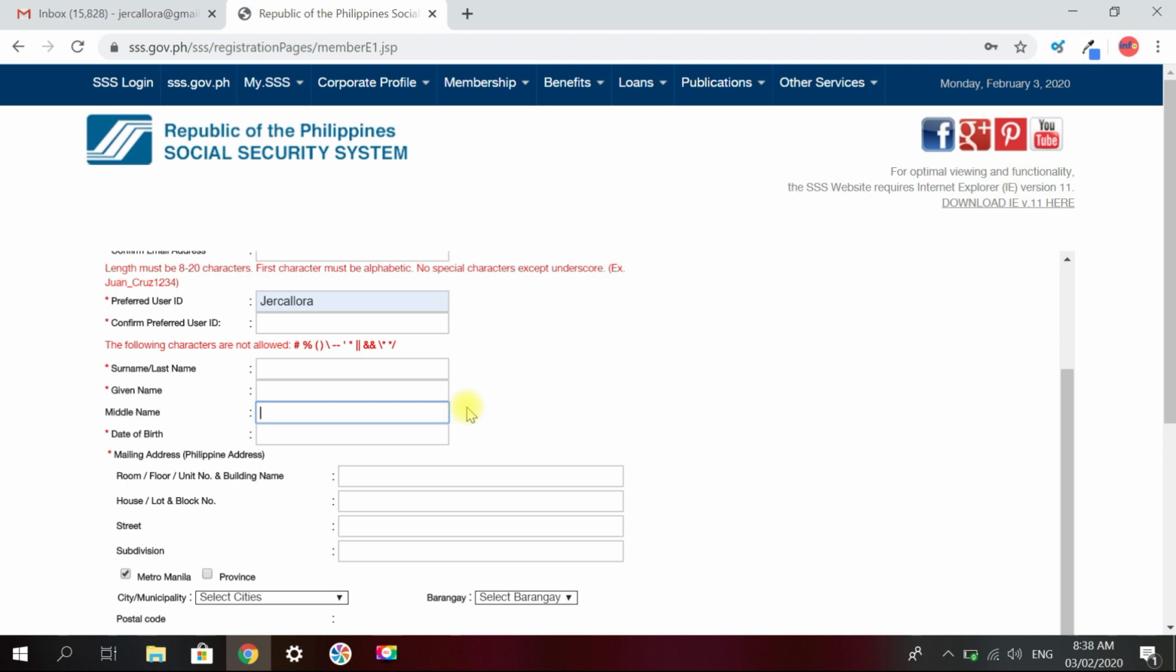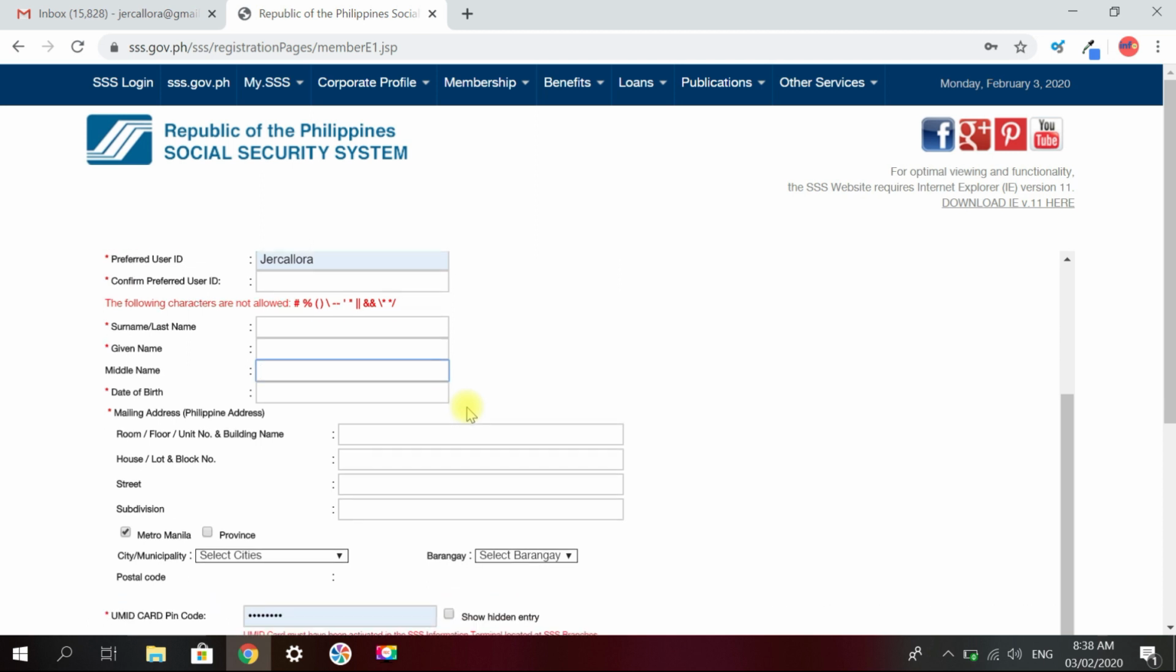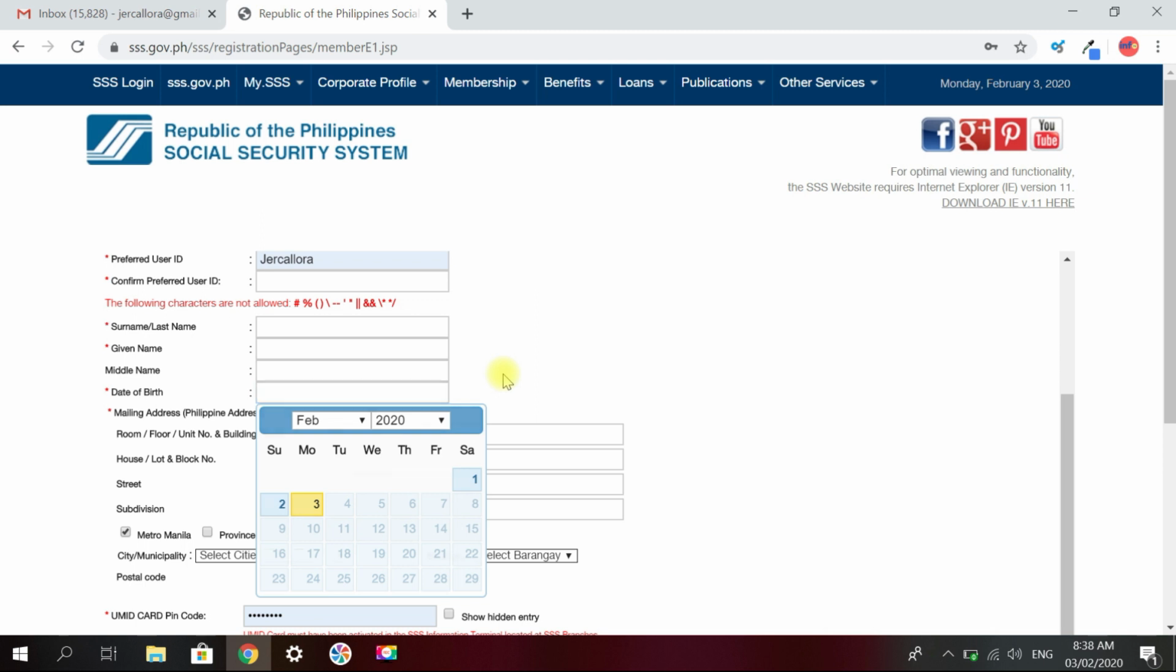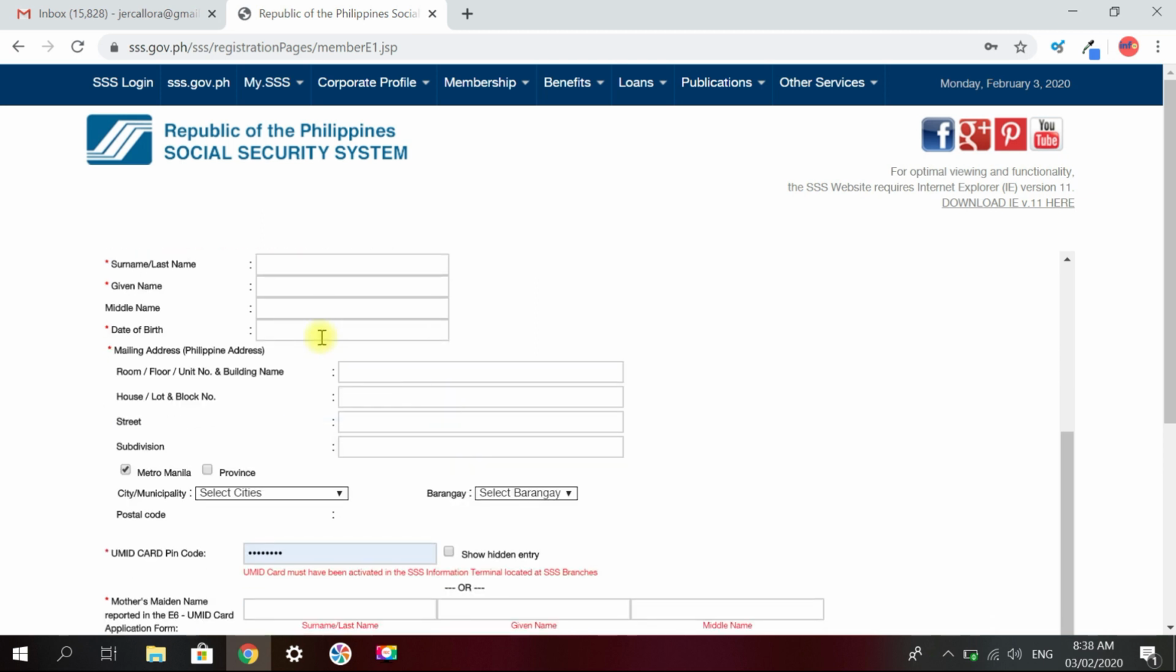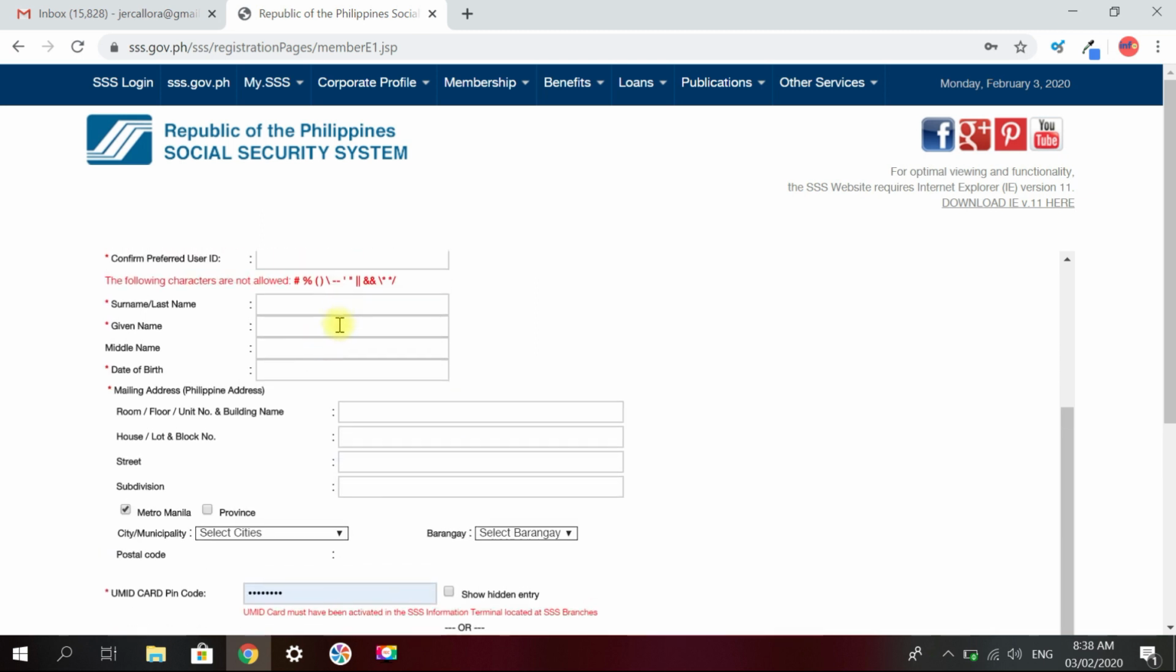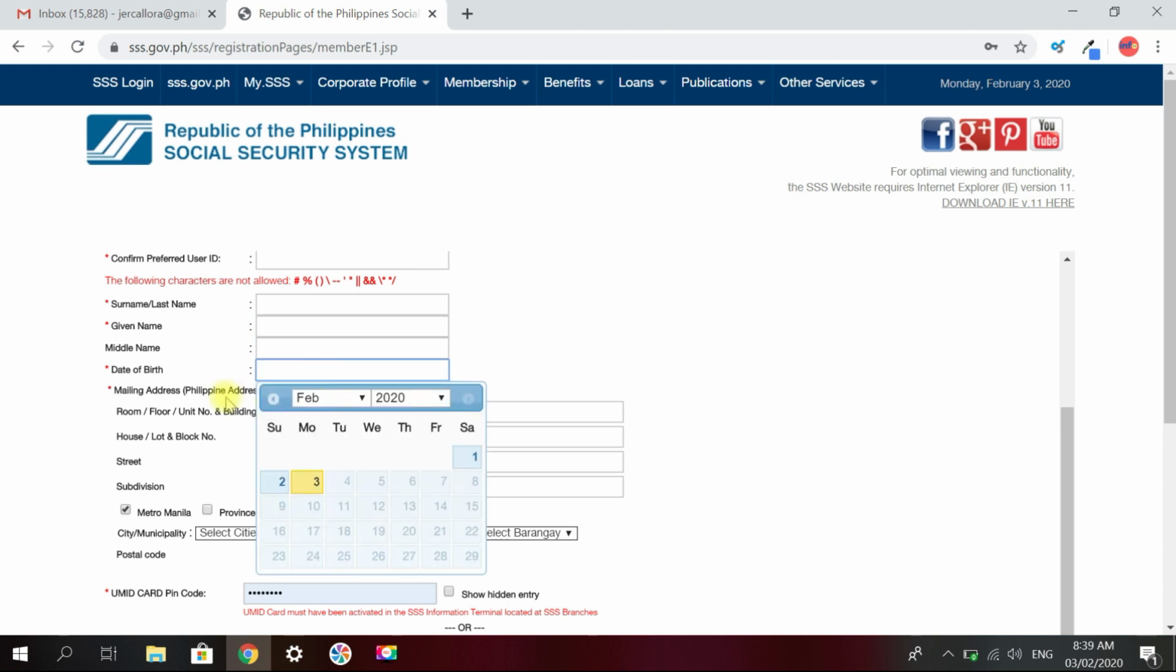So make sure that you tama yung mga information na nilagay nyo dito, lalo na sa mga spellings, kasi sobrang case sensitive ng form. They do this for security purposes. All right, so fill in your last name, your first name, your middle name, and then your birth date, and then